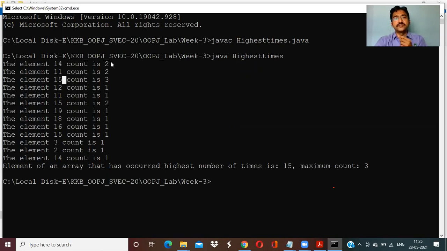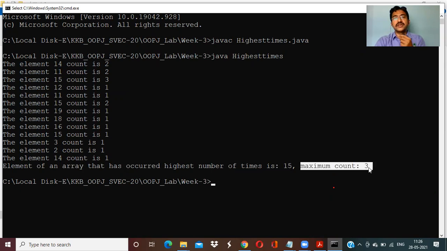How many number of times will it be repeated? For each element in the array, how many number of times? It is not that every element is uniquely counted. So that's why 14 here is 2. Again in this position 14 is 1. Again it says 15 is 3. Again 15 is 2. Again 15 is 1 time. So what I'm doing here is I'm not uniquely displaying the output. Just for our understanding, I'm displaying which element has the highest. So among these, the last column is important. Among 2, 2, 3, 1, 1, 2, 1, 1, 1, 1, 1 like this, which one is the highest number? 3. Which element? 15. So the element of the array that occurs the highest number of times is 15.